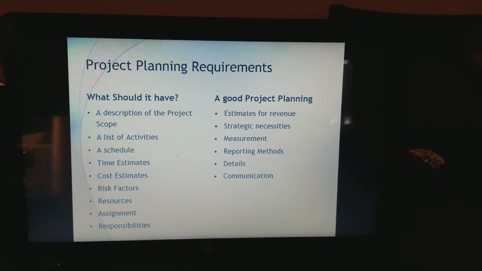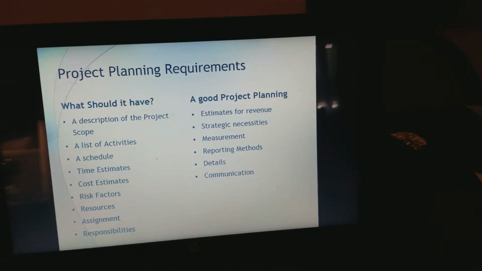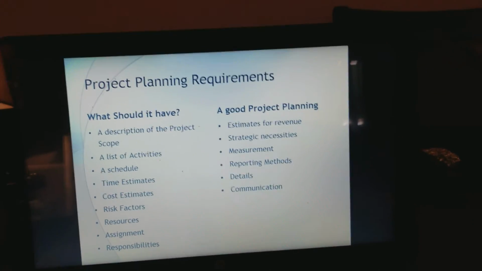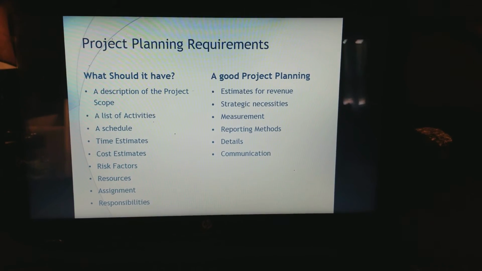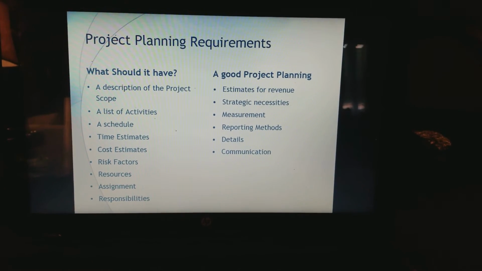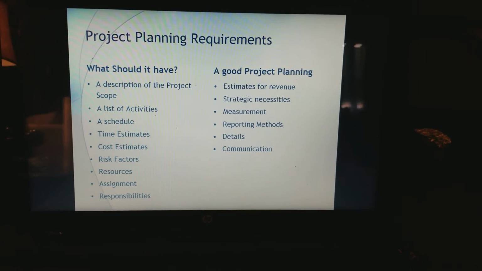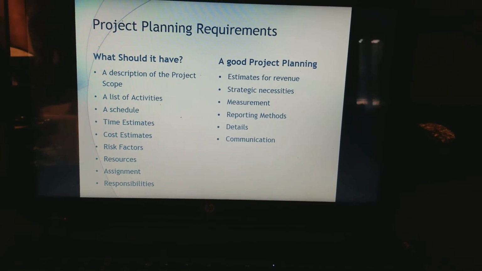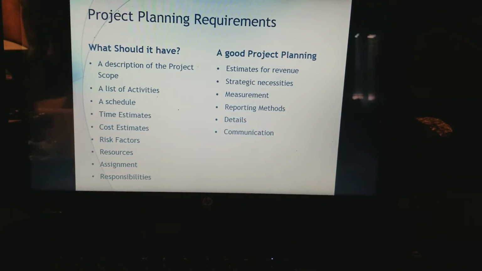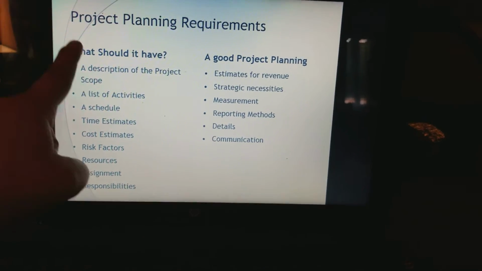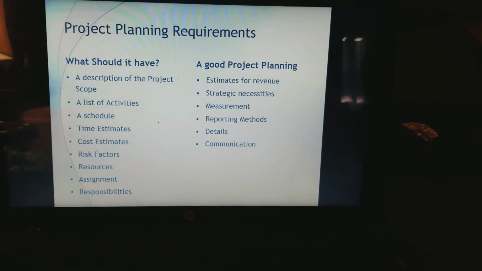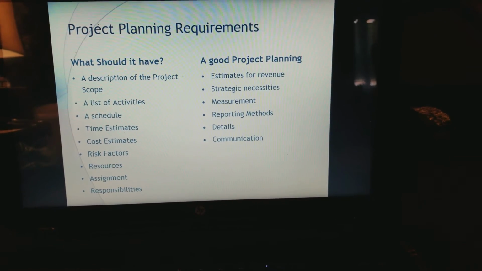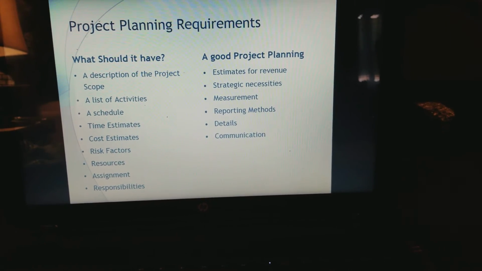Here's a brief summary of what a project plan should have. Whether you choose the PERT chart or the Gantt chart, it should have the following: a description of the project scope, a list of activities, a schedule, time estimates, cost estimates, the risk factors, resources, assignments, and responsibilities. That's what it should always have. But in order to have a really good project plan, it should have all of this plus this. It should have the estimate for revenue, the strategic necessities, the measurements, the reporting methods, the details, and most important,